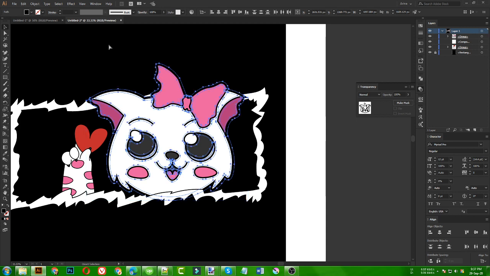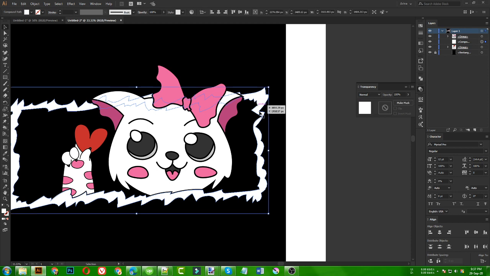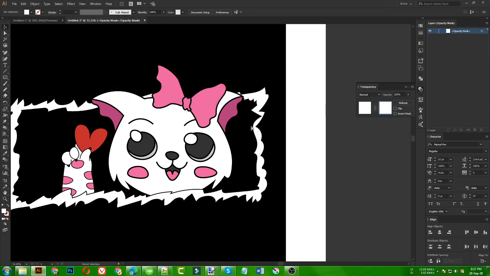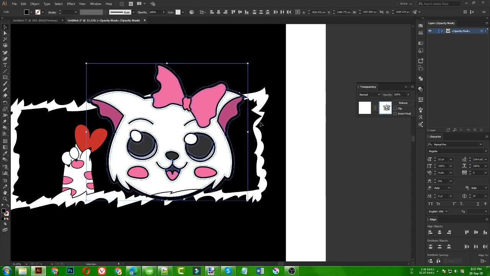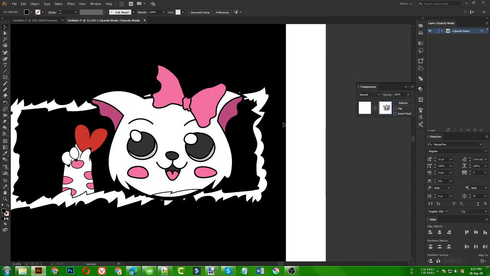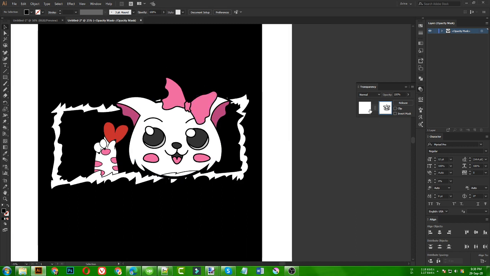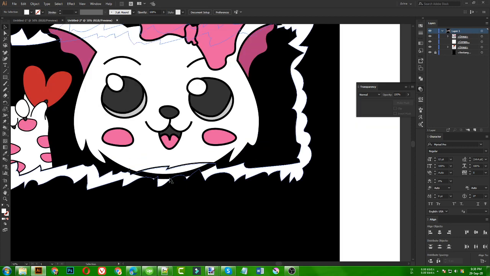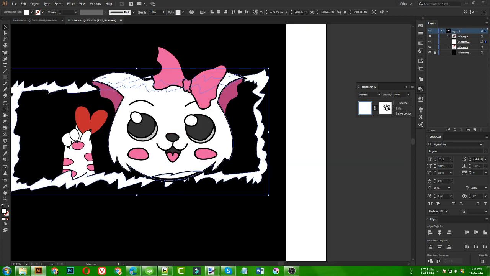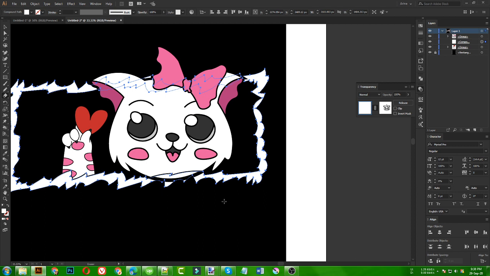So I am going to cut this and select this shape here. Opening the transparency for that, again pasting in front, and as you can see, when it is black, it will make this area invisible, and you will see how it is looking. But as you can see this area, I don't want that to be on this area, because this area should be behind this bar. So I am going to take my eraser tool again, and I am going to erase this area.